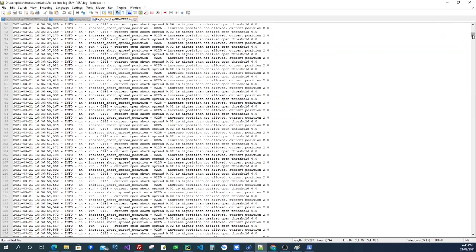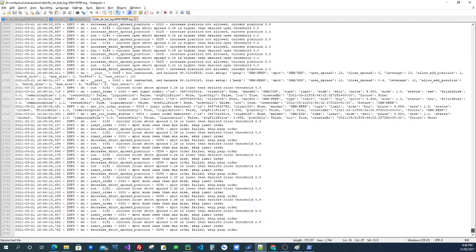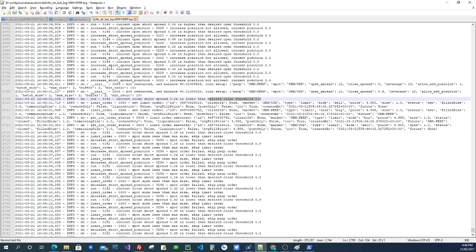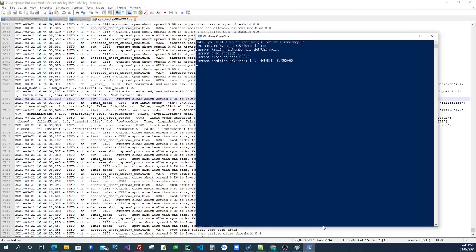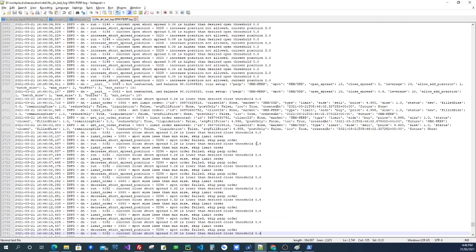I can see there are so many. Okay, here open is higher than the designed threshold. Okay, close short. So close short spread is lower than the designed close threshold. So my order has been closed, right? Yeah, I think if I go back to